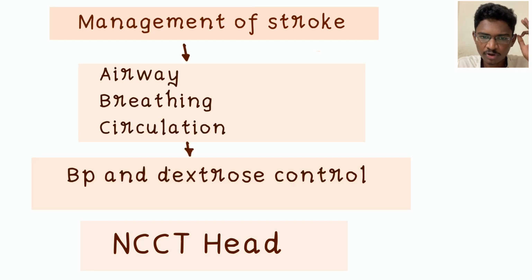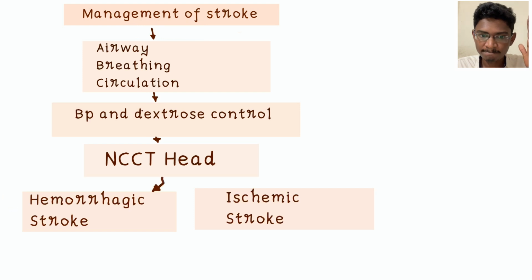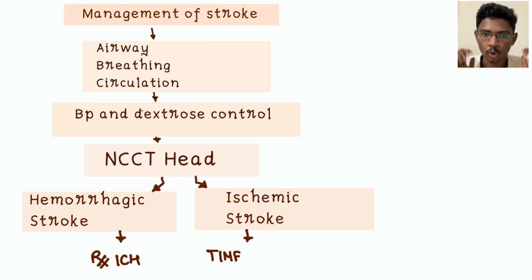So your first thing should be ABC, airway, breathing, circulation. Stabilize the airway. If GCS is very low, you can go for intubation also, breathing. Okay, and circulation, you should ensure whether the patient is in hypotension or not. BP management is the next thing. Next, as we told, BP management and dextrose management are integral part in case of stroke. Then comes your